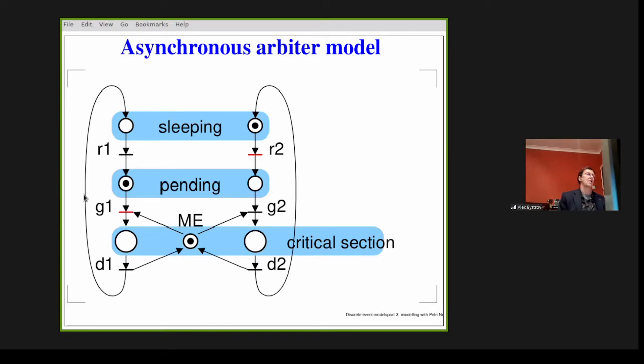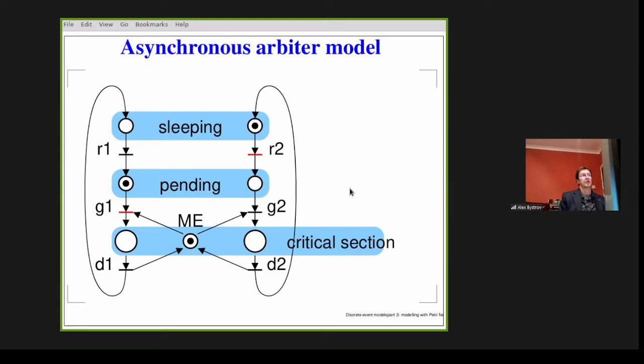Unfairness means that you cannot guarantee that the action in one particular thread or process will take place after a bounded number of actions in the other. So this transition, grant 2, may fire in this particular kind of model after unbounded grant 1 transitions. Unbounded means that I don't know how many of them there will be. Can be 10, can be 100, 1 million. So we have a very good decoupling on the left and right. Very interesting model.